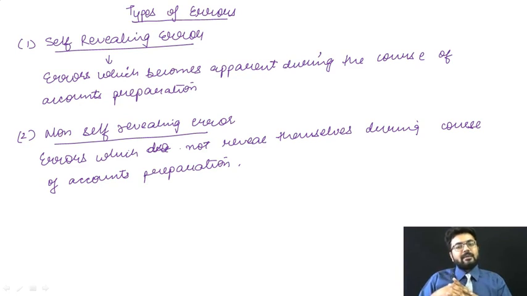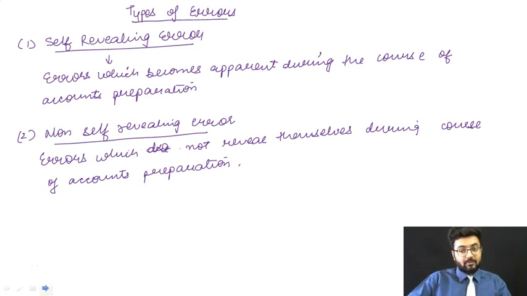The next thing is, she has given me a task that I need to have my lunch on time. I have not taken my lunch. I have given my lunch to the cow itself. So that is not self-revealing. That cannot be revealed on its own. Getting my point? Understood? So you can also bifurcate errors on the basis of revealment: which can be revealed on its own or which cannot be revealed on its own.